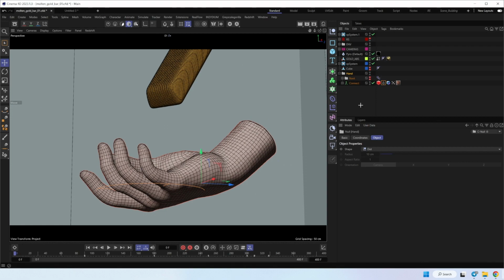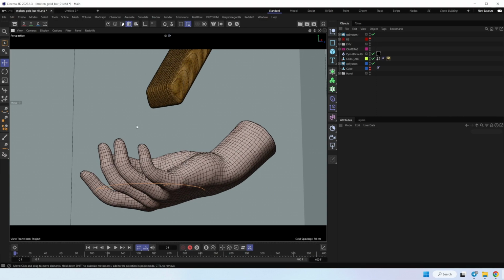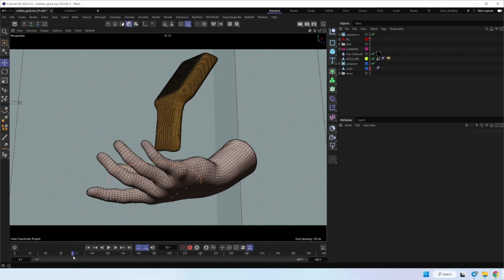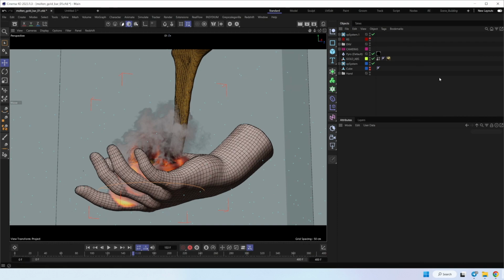Okay, so now we can go to my original scene, because now we have all stuff cached and baked, and let's check what we have here. Okay, so let's stop on this frame, and let me show you which textures and shaders I used for this. So I'm using the Grayscale Gorilla Plus library a lot.